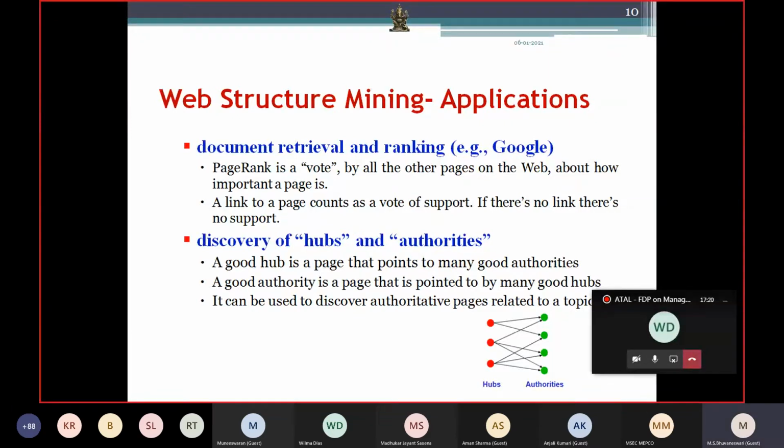The next important application is the discovery of hubs and authorities. Here come two keywords. We must be very clear what is called a hub and what is called an authority. For authorities, one best example is, suppose one person is interested in knowing who is having